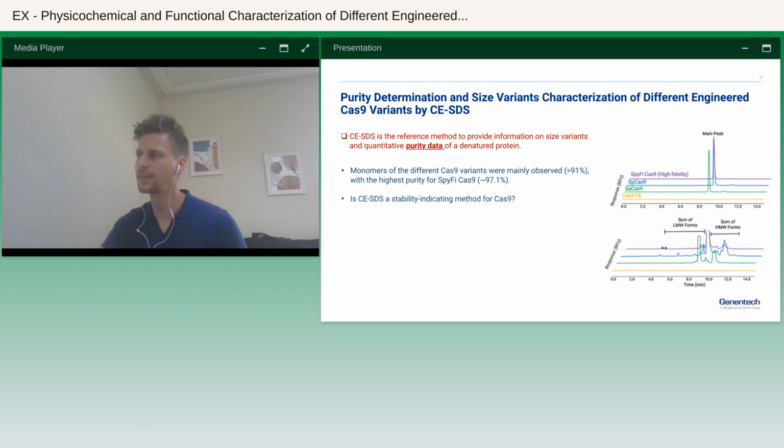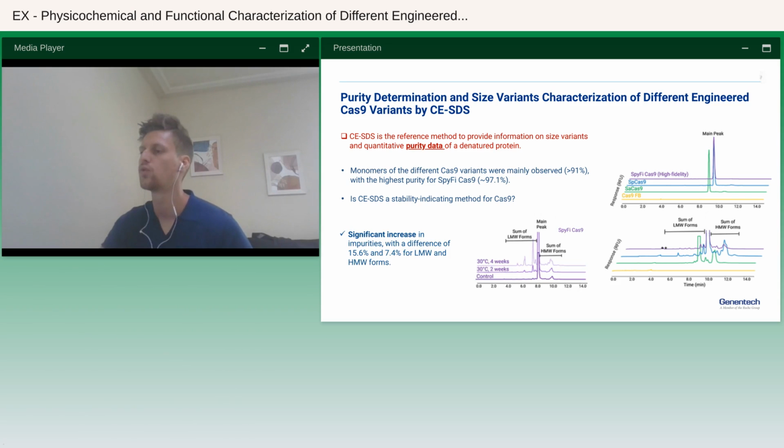And so in this case, we saw that we have a very good purity with all the different Cas9 variants, with purity superior to 91%, and SPI5-Cas9 has the highest purity with 97.1%. Now, the second question is to know if our method is a stability indicating method for Cas9. And in order to do that, we